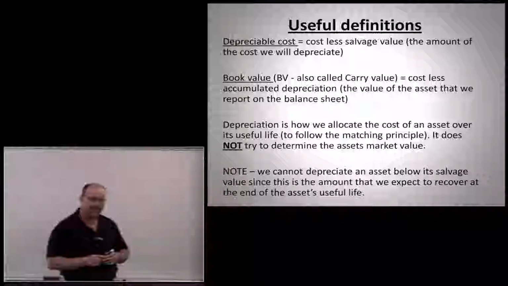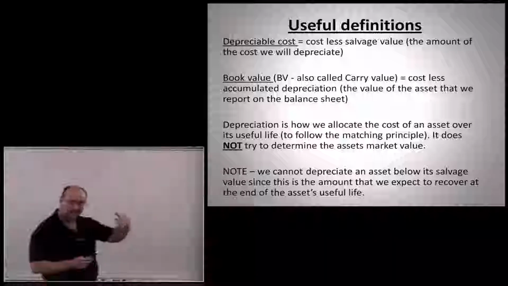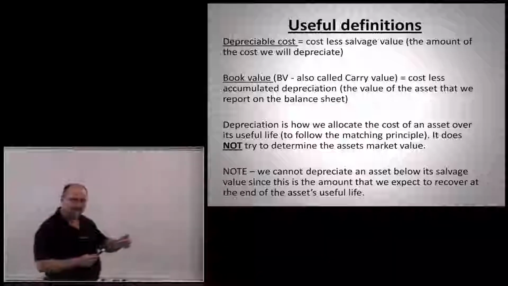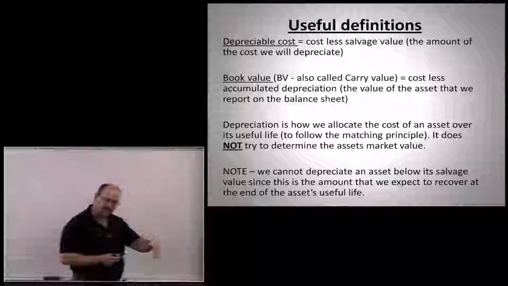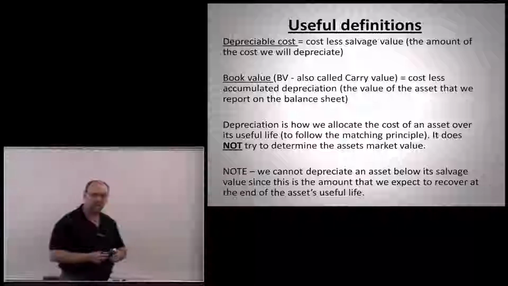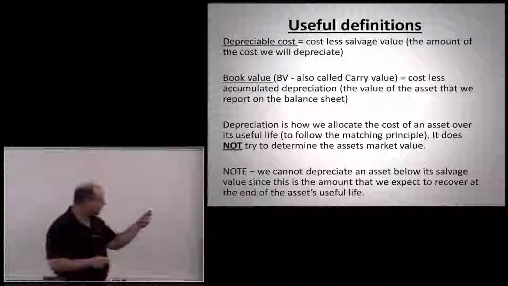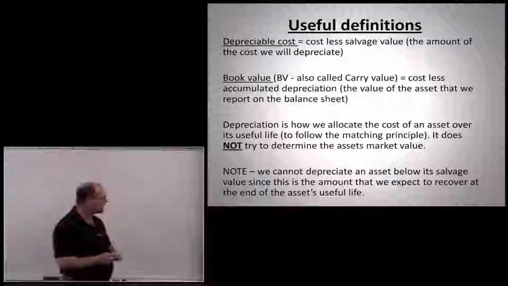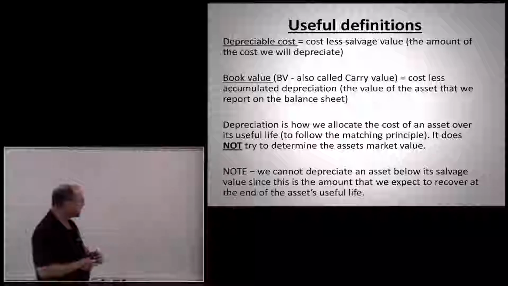Okay? So each year, accumulated depreciation gets higher and higher, or more and more. It accumulates, hence the name. And as accumulated depreciation increases, the book value of the asset, which is the undepreciated portion of the cost, goes down. Okay? Notice, depreciation is how we allocate or spread out or distribute the cost of an asset over its